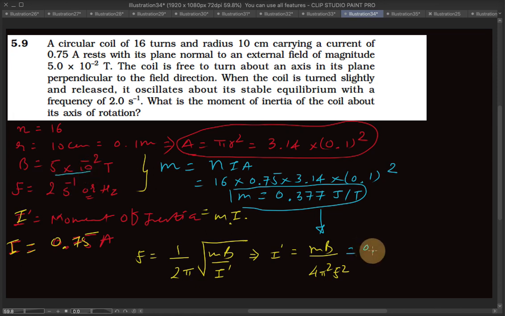So I have 0.377 multiplied by 5 cross 10 to the power minus 2, divided by 4 times 3.14 square, and my frequency is given as 2, whose square is 4. So my moment of inertia I dash equals 1.19, or nearest to 2, times 10 to the power minus 4,